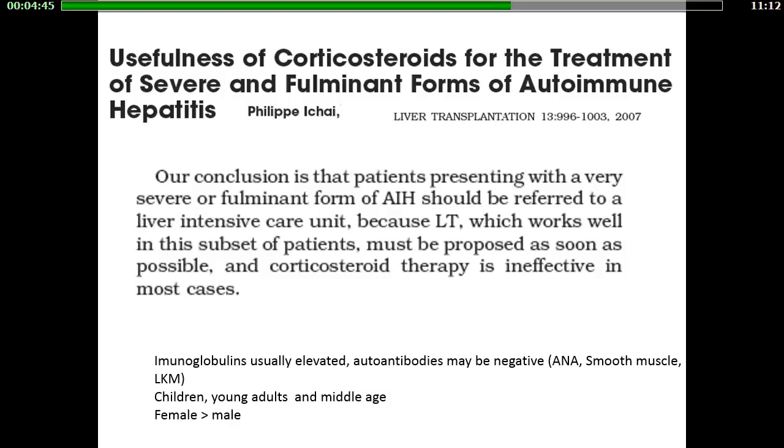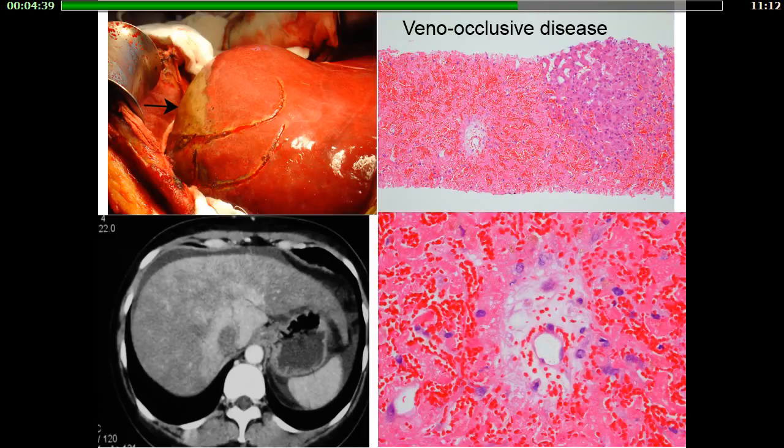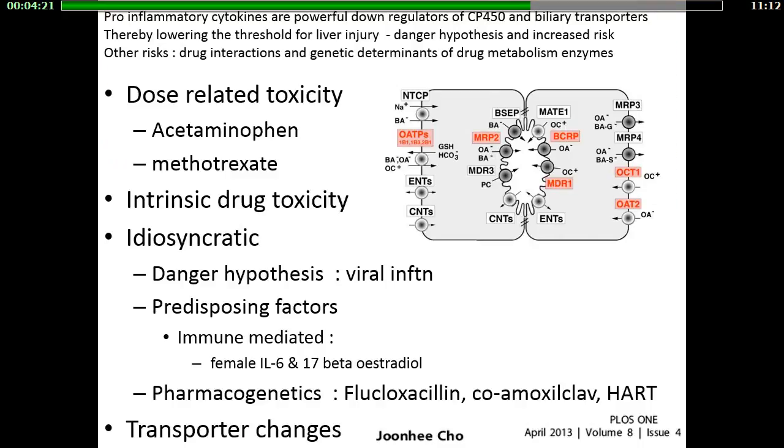You usually run into the complications rather than the benefit, so be very cautious. Veno-occlusive disease, thrombosis of the hepatic vein and sometimes going down into the IVC. Very classical CT image where you get this arterioportal shunting, this map-like pattern on CT imaging. This is the sort of histology, and this is the gross image at the time of transplant.